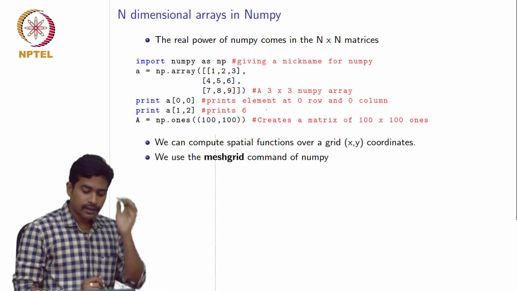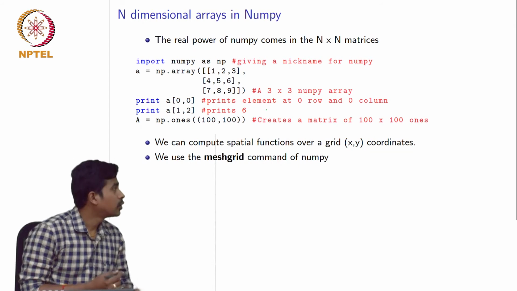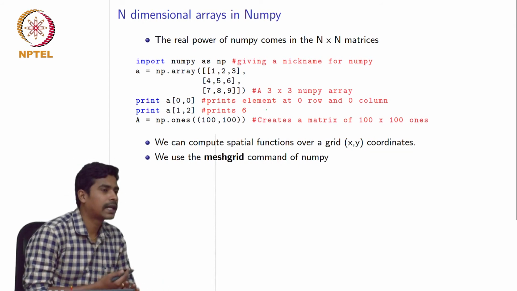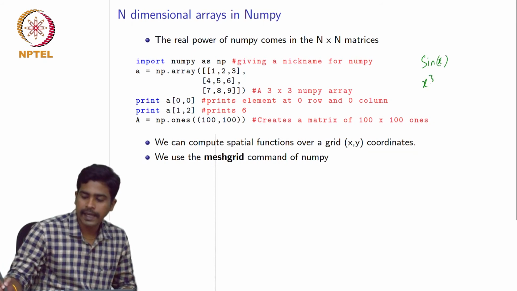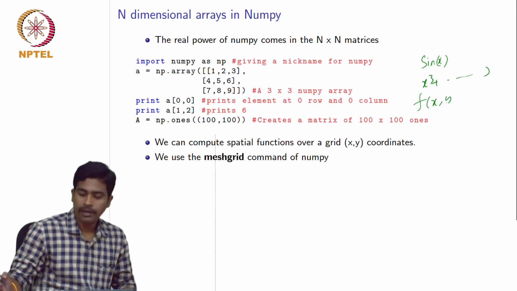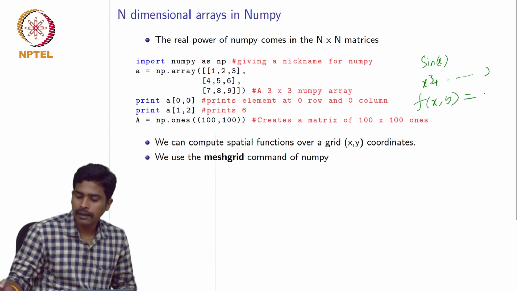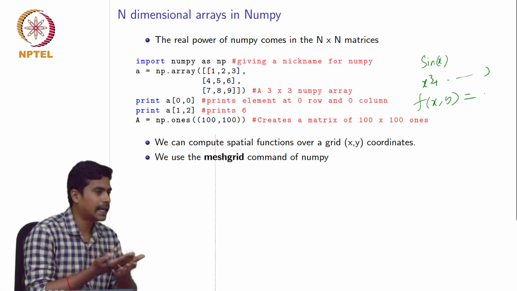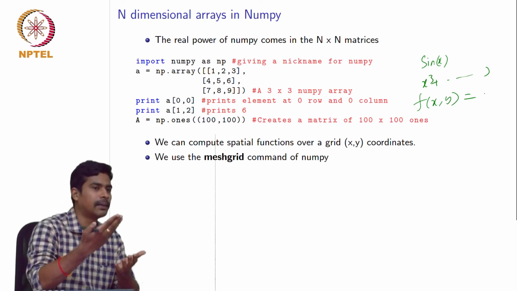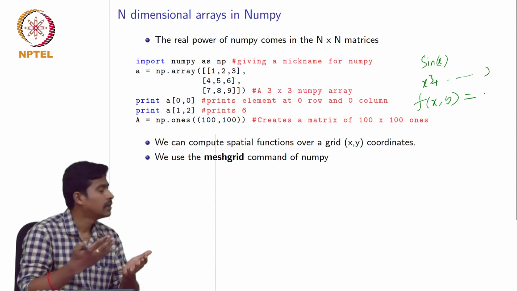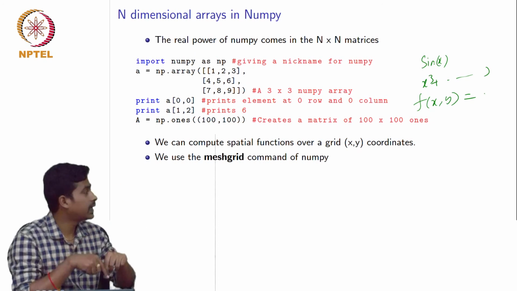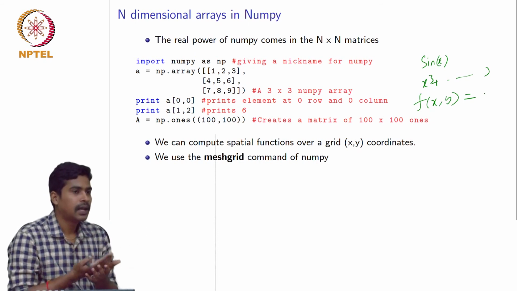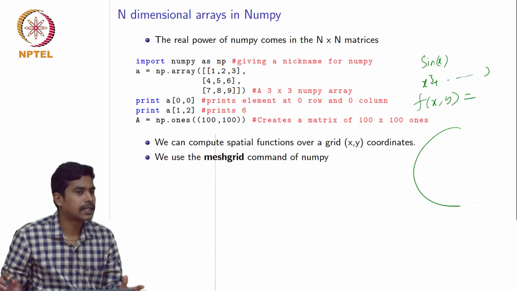And the next important thing is the meshgrid. Meshgrid is very useful if you want to calculate functions of two variables. So far in the previous examples we have seen sin x or x cube, some quadratic function. But if you want to calculate a function of two variables, for example a lens, which is a two-dimensional element, not just one-dimensional, and you want to calculate the phase at each point of the lens, you can create a meshgrid or the coordinate system for a lens, and you can just write the lens function.